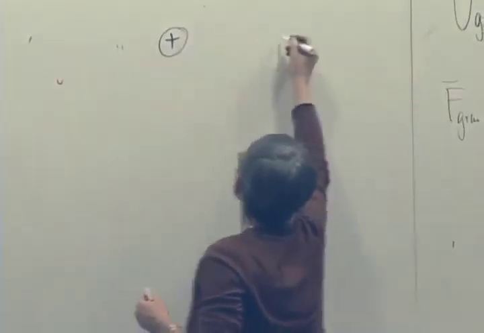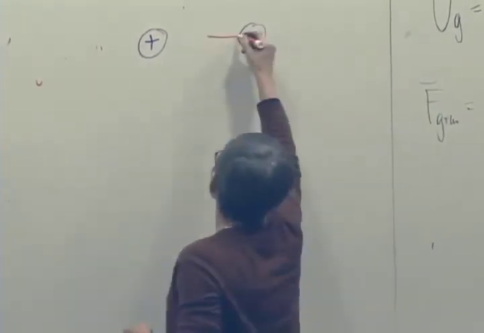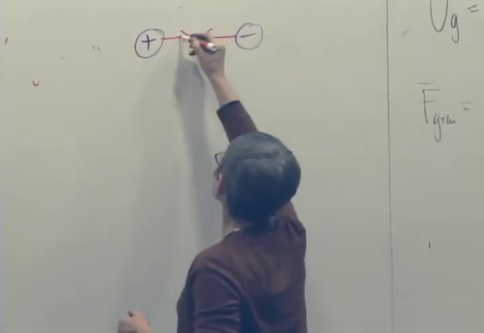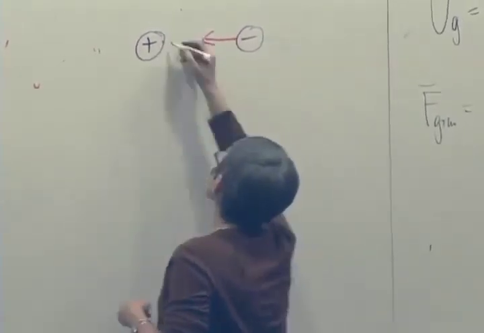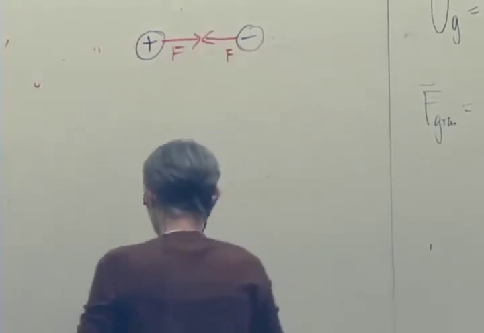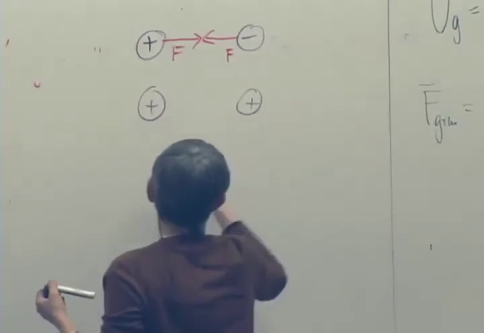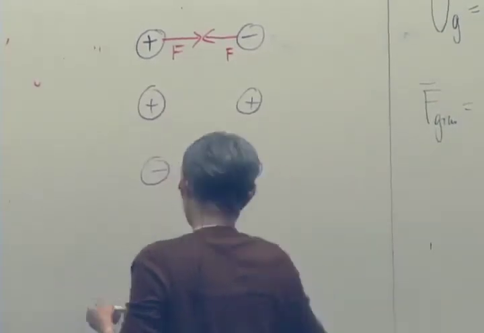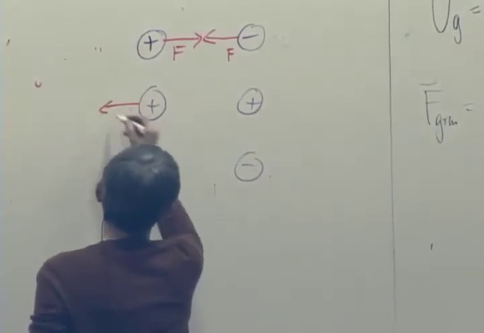so if we have a positive charge and a negative charge, they do indeed attract each other, and the magnitudes of those forces better be the same. But what if we have two positive charges or two negative charges? Yeah, they repel, don't they? So we get